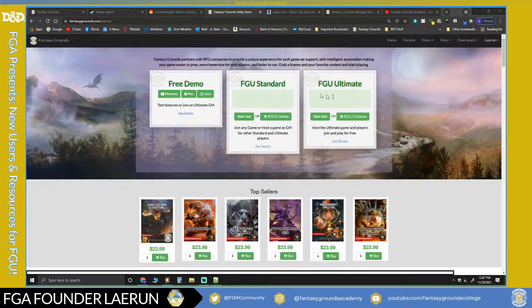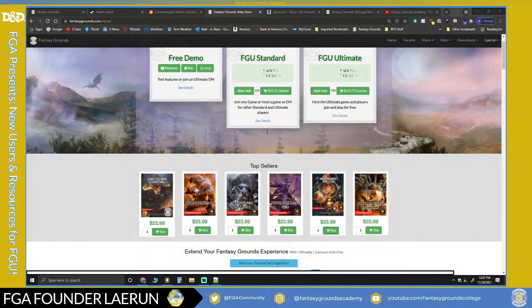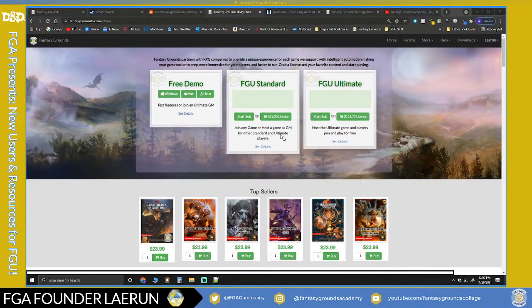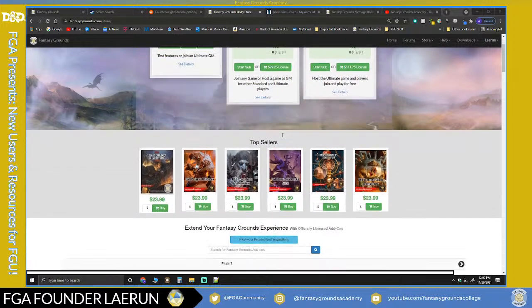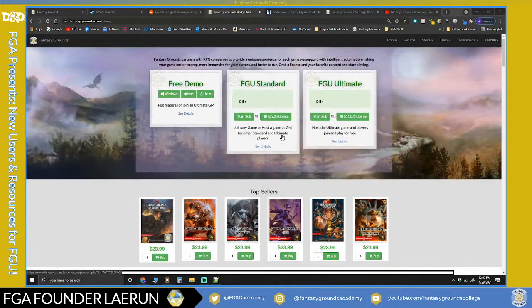If you end up buying this after the fact, it'll pay for itself in the long run. I don't think you'll be disappointed once you get your mind wrapped around it and you start using it. It's actually a lot of fun. It's a pretty cool piece of software. So I'm just letting you know, as a user, I don't work for SmiteWorks. I am biased towards Fantasy Grounds.